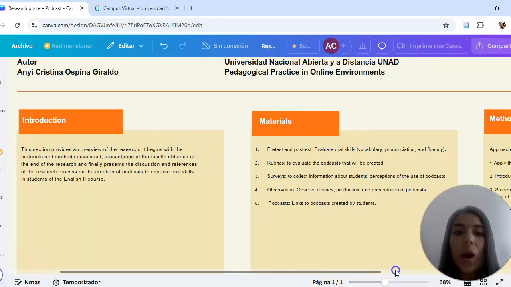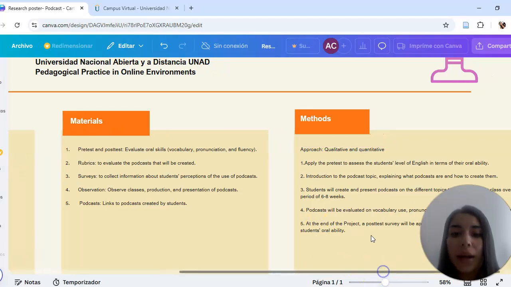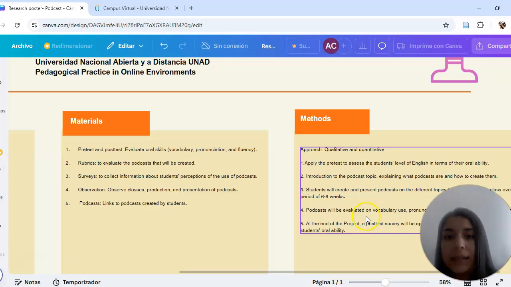The method of my research was a qualitative and quantitative approach, since I used the qualitative and quantitative method. At the beginning of the class, I applied the pretest survey to find out the students' strengths and weaknesses, and in this way find out which skill was more difficult for them. In this case, the ability is speaking,